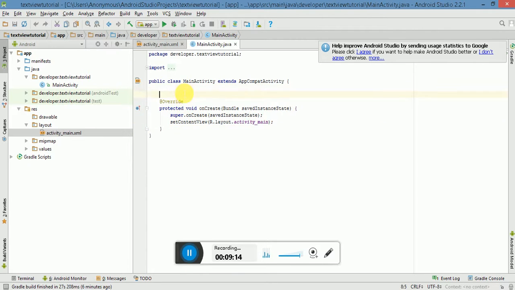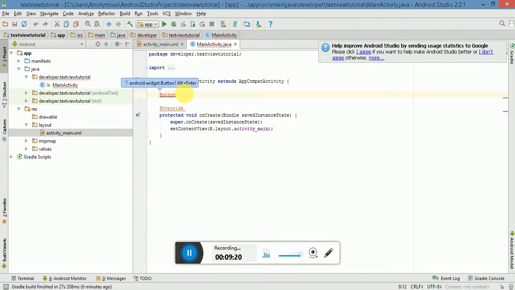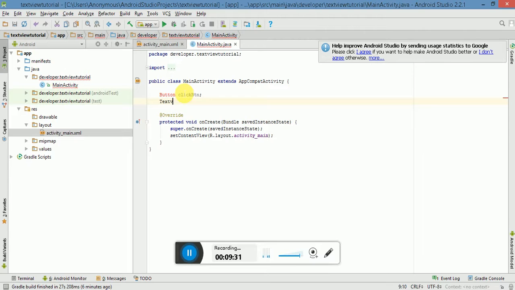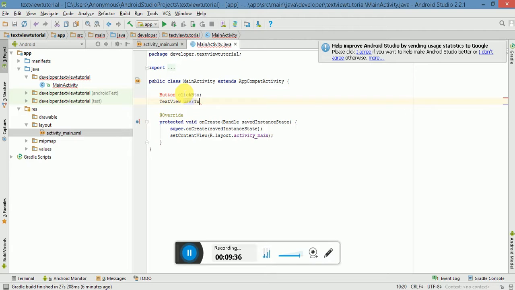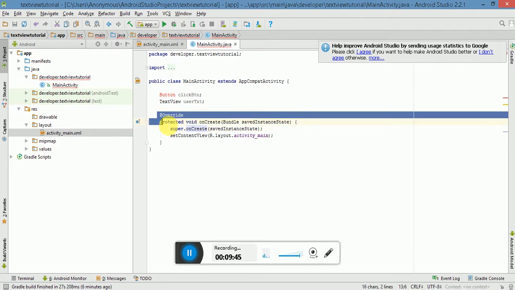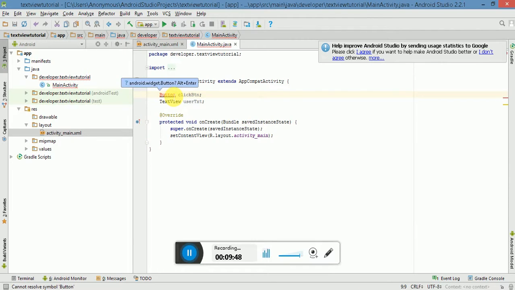Okay, so the first step is, you need to declare variables for the button, and in short your UI component variables, you can declare here at the start. So I just name it click btn, and the second is a text view, which is user txt. Okay, so I love to use that. Before using that, I need to import the button library. So I just click on that button,